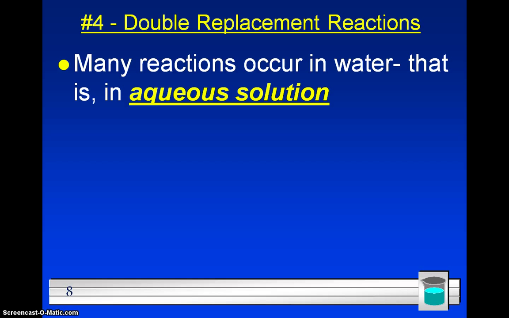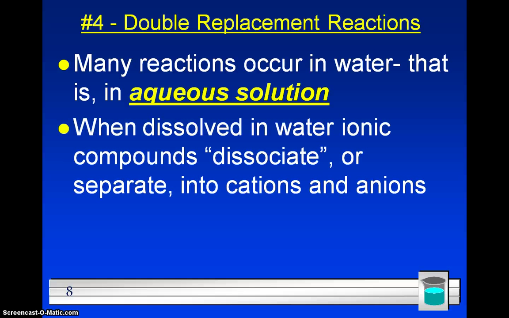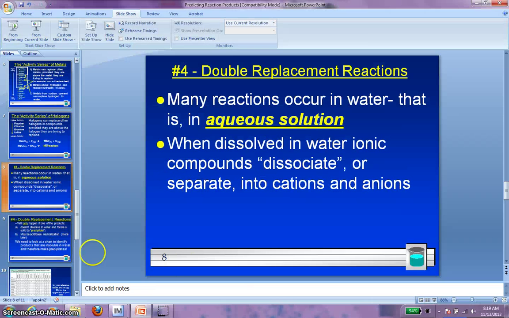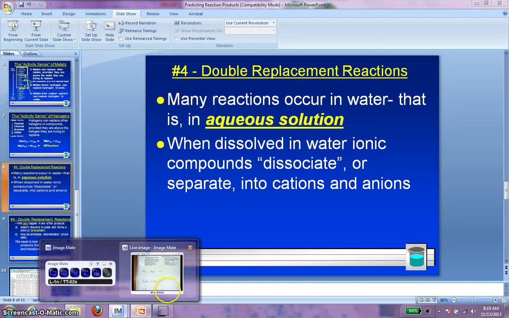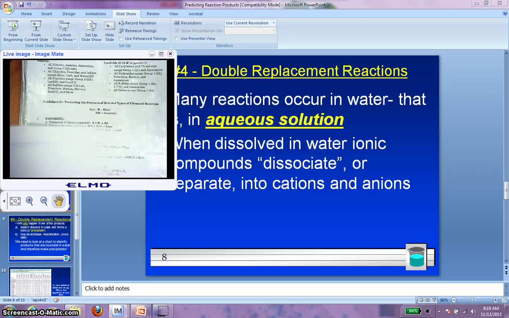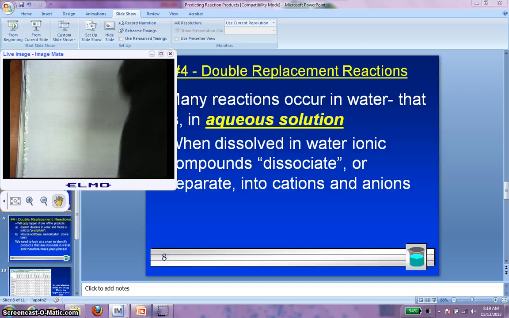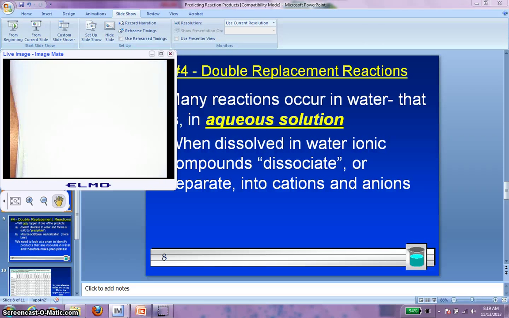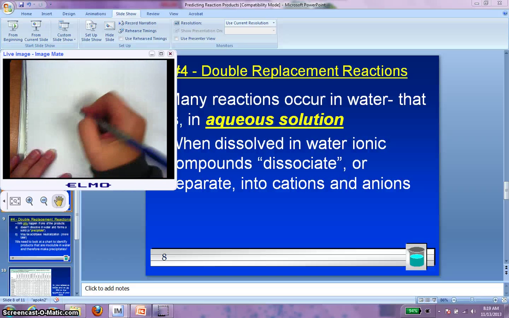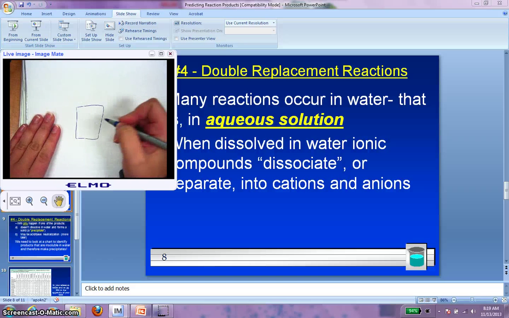So basically what we do is we dissolve ionic compounds in water, and then we put them together, and then we see whether or not a reaction occurs. When an ionic compound dissolves in water, we say that it dissociates, or it separates into its cations and anions. Just to give you an example, if you were to put sodium chloride into water, right? So here's a cup of water,